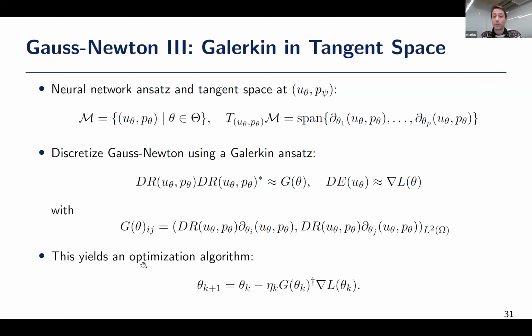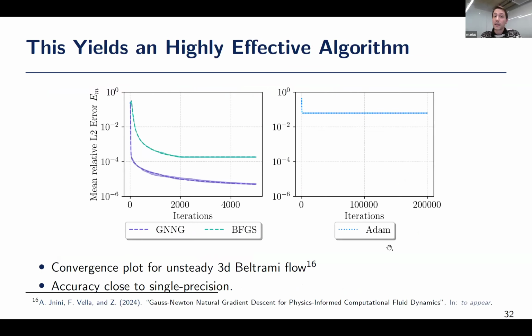And again, we get back an optimization algorithm that looks exactly the same, only that this G now has this definition. And again, we get a highly effective algorithm. So here the example is for an unsteady 3D Beltrami flow, which is a typical benchmark problem in Navier-Stokes. And here we have Adam, BFGS, and what I just showed you, and the discretization of Gauss-Newton's method in function space. So in both cases, we get back something